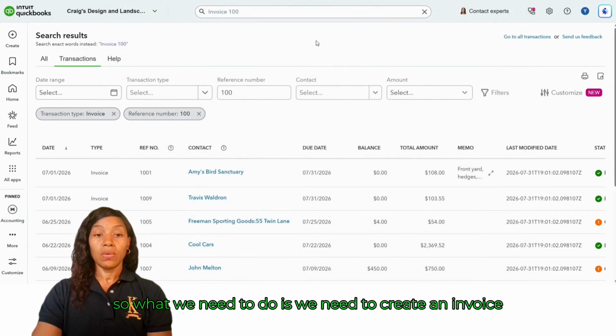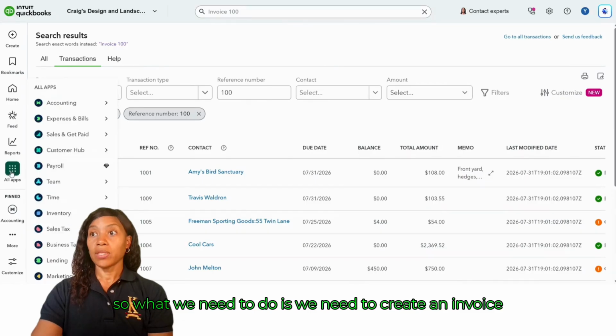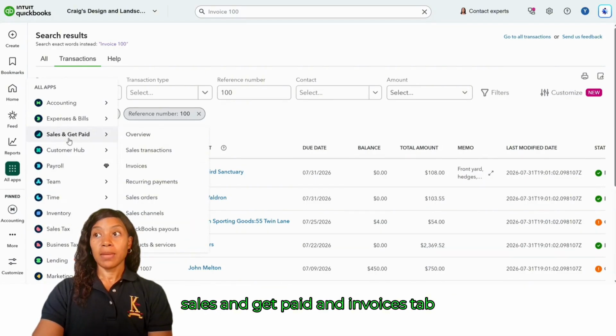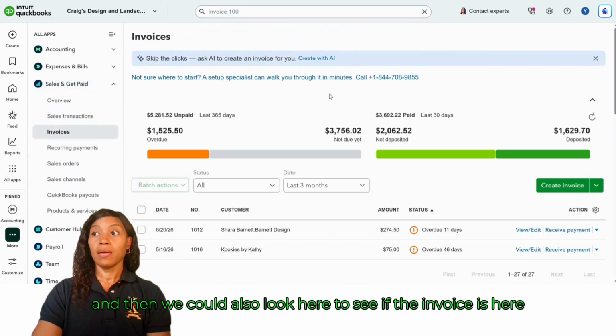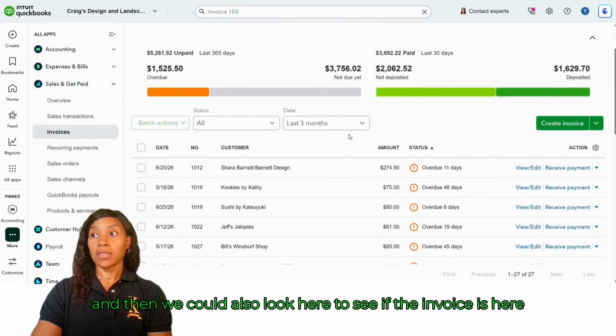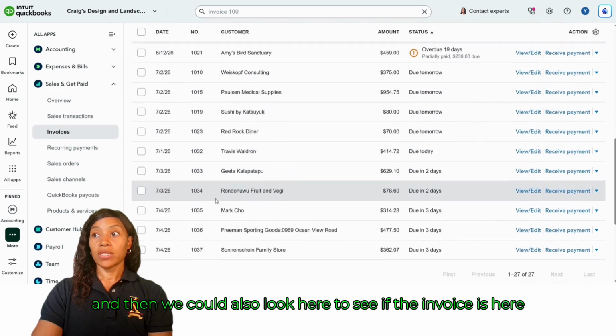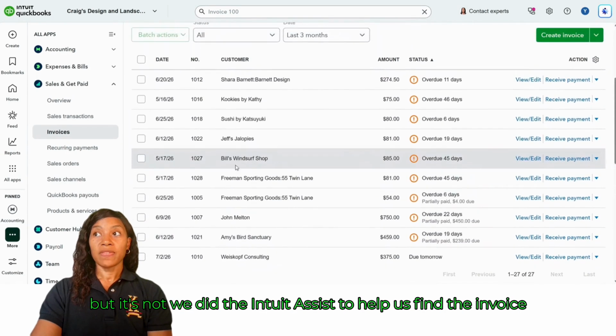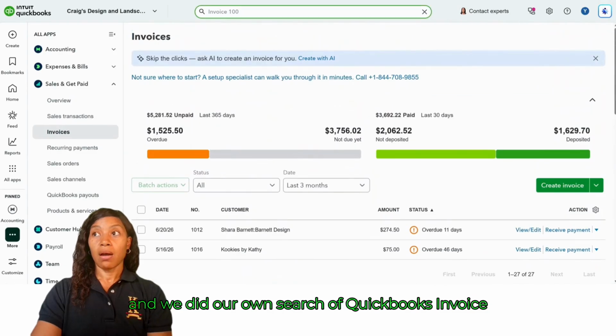So what we need to do is create an invoice. So we can go to apps, all apps, sales and get paid, and invoices tab. And then we could also look here to see if the invoice is here, but it's not. We used Intuit Assist to help us find the invoice, and we did our own search of QuickBooks for the invoice. So